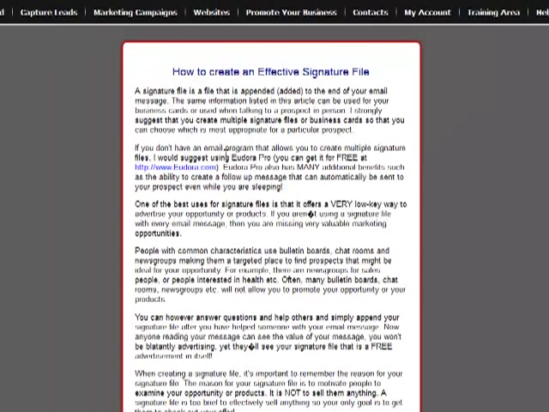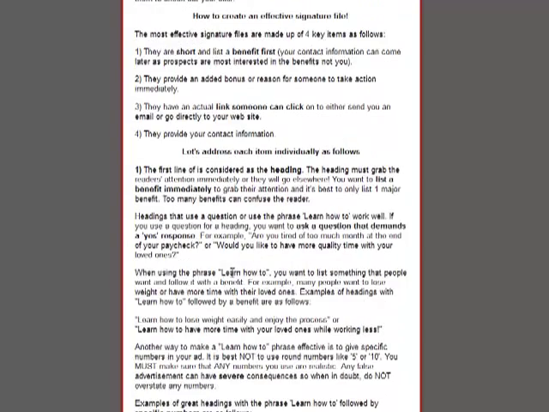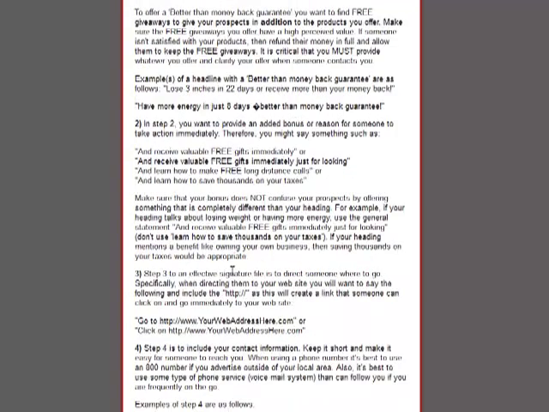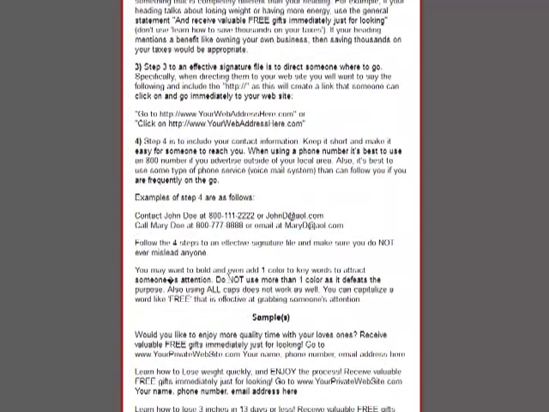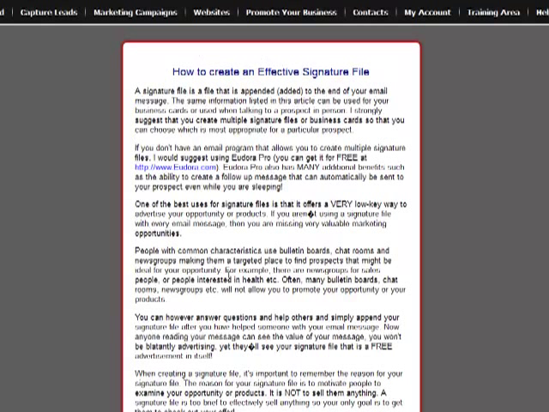So read this article. We tell you how to create an effective signature file. We give you some bullet points on that, and we give you some examples down here. So read that. A signature file, basically, when we first launched in 1999 creating systems for companies, we had a single mom, and she was so busy she didn't have any time to market, but the one thing that she did is she added a signature file, a couple lines of text with a clickable link at the end of